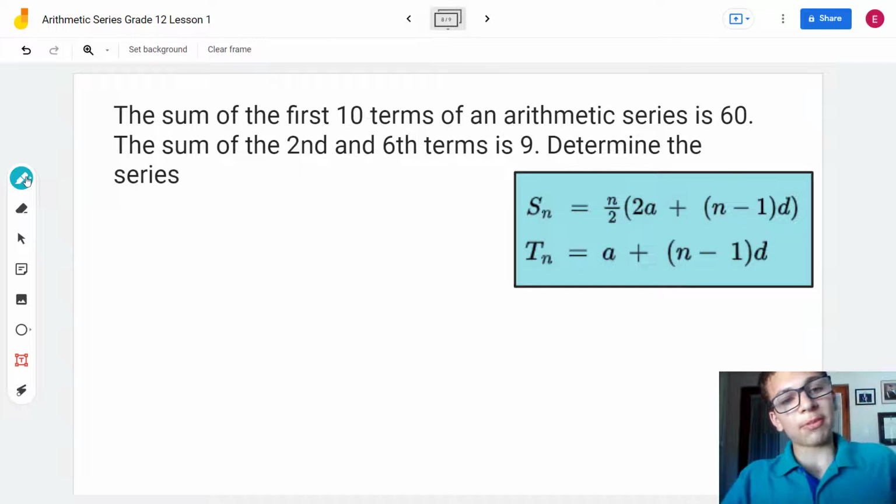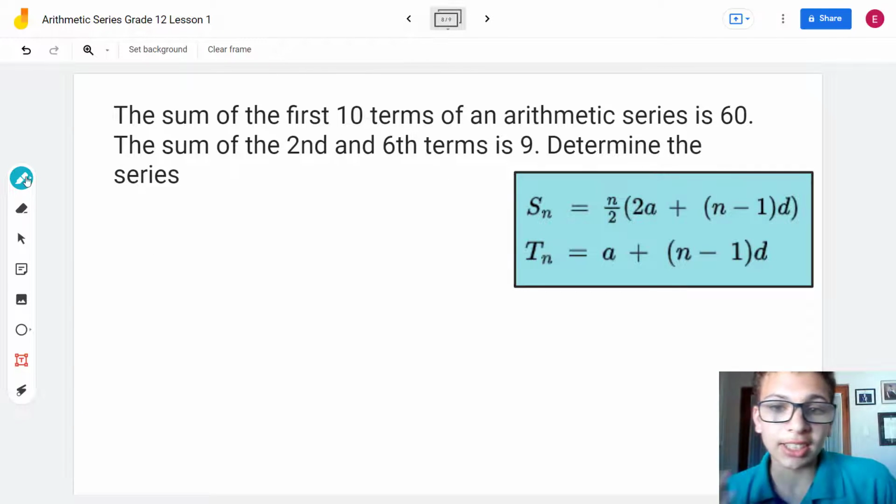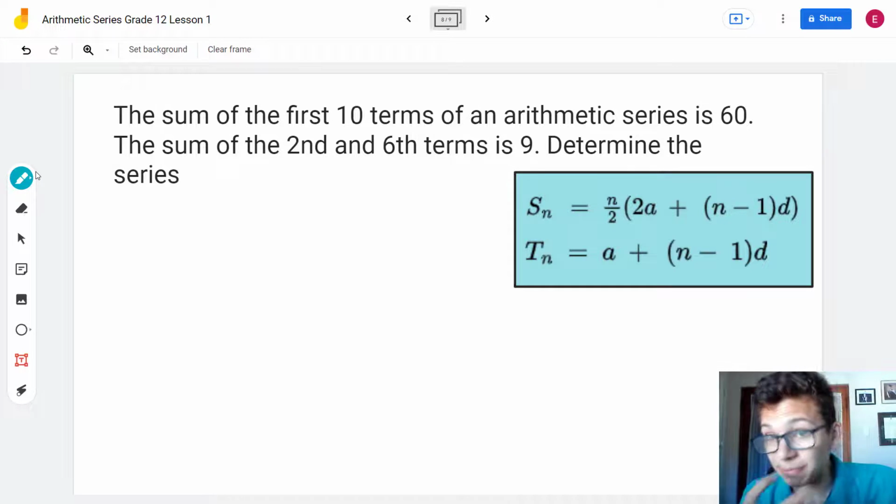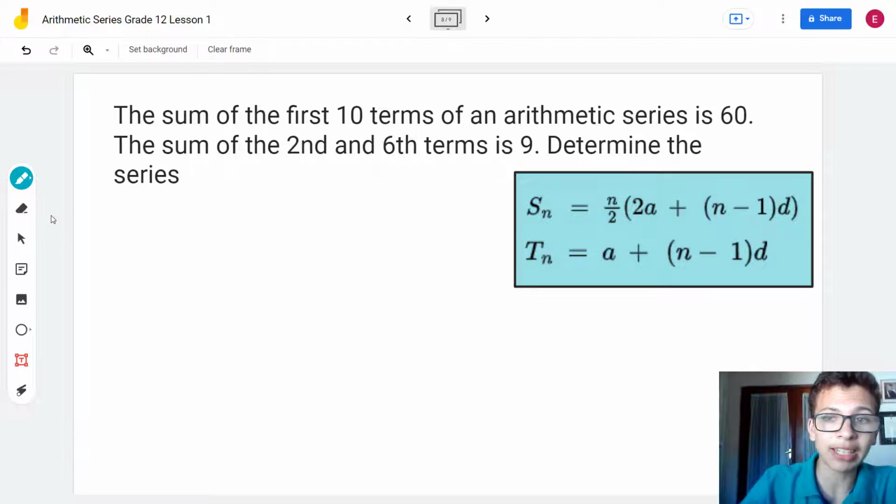Okay, and the sum of the second and the sixth term is 9. Determine the series. So this is even more information. However, let's break it up piece by piece. So our first thing is that the sum of the first 10 terms is 60,